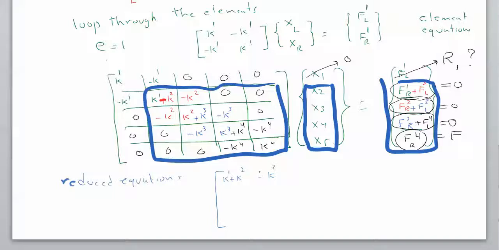So K2 means the stiffness of element 2, for example. And a 0 and a 0, minus K2, K2 plus K3, minus K2, 0, 0, minus K2, K3 plus K4, 0, 0, 0, I'm sorry, this is minus K2,